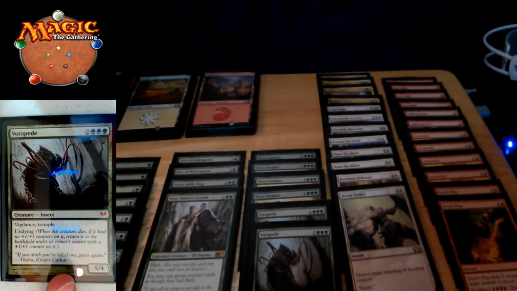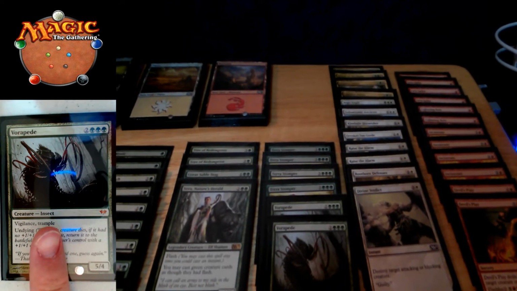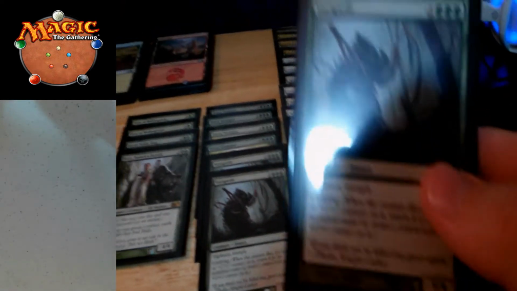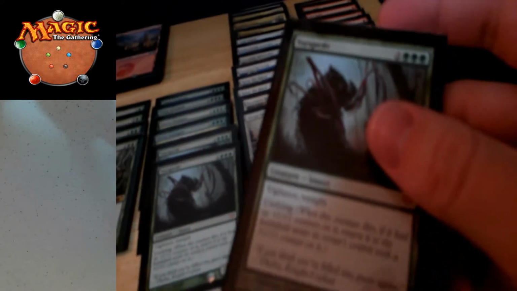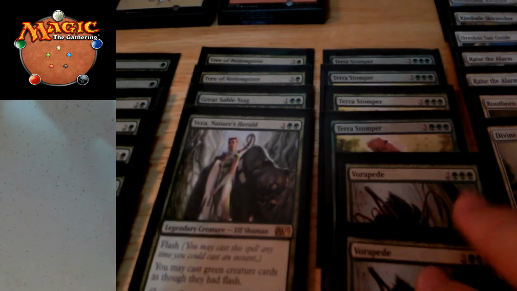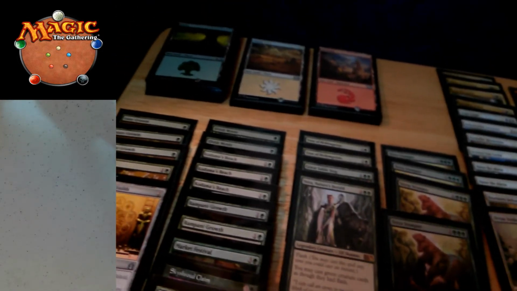So not only is it undying, but it also has trample too, which is, I think, just an awesome feature. I love trample. Trample is my favorite ability in this entire game. But yeah, super awesome card, Undying. So I'm running 3 of them. And we'll get rid of these 3 so that we can move on to my favorite card in the entire